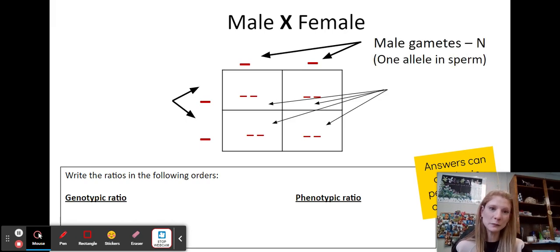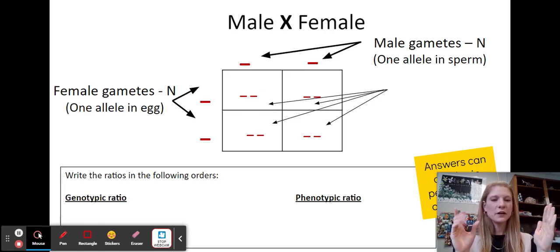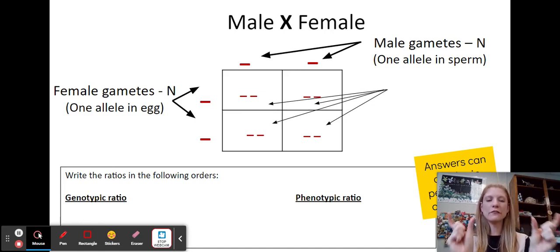we write them along the top. And this represents the possible allele in every single sperm cell or pollen. And then, of course, we put the female gametes on the side. And I want you to notice that there are two little red lines along the top, two little red lines along the side, because we actually separate each letter, because you can only pass down one form of the gene